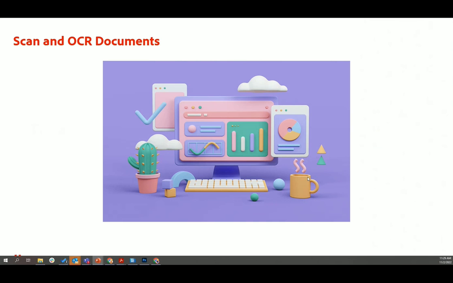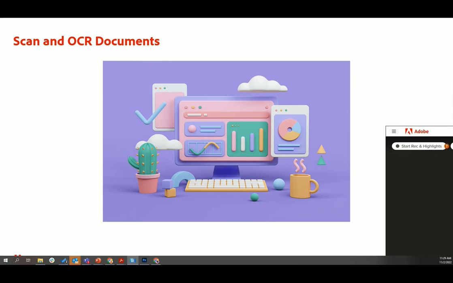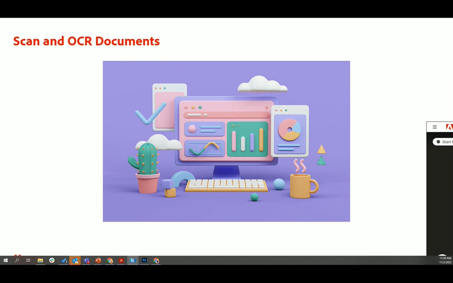Tip number 9 is to scan and OCR the documents. With Adobe, we have a scan solution. We have a free solution called Adobe Scan, and when it is used with the